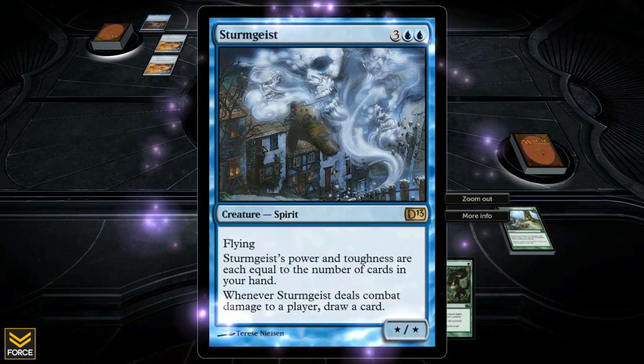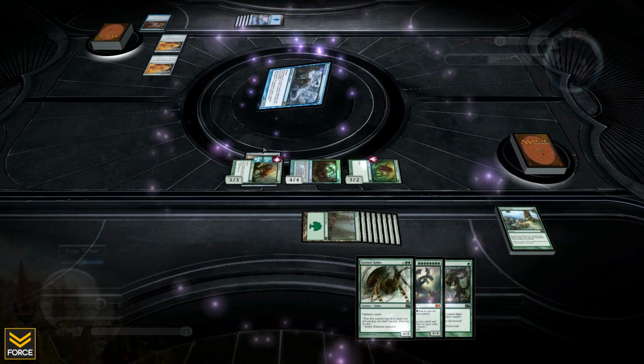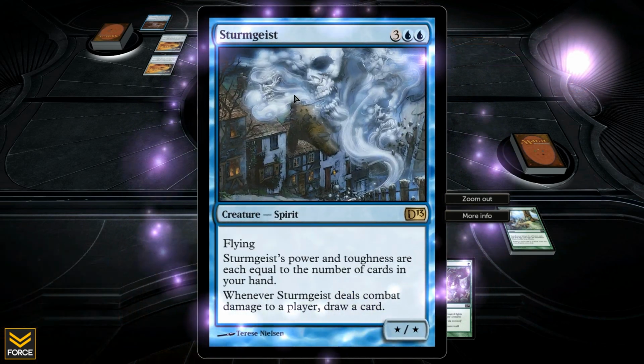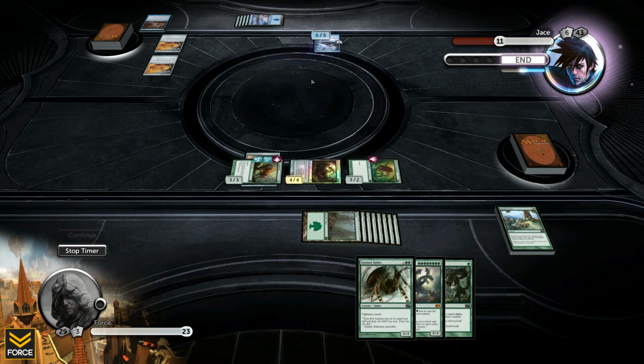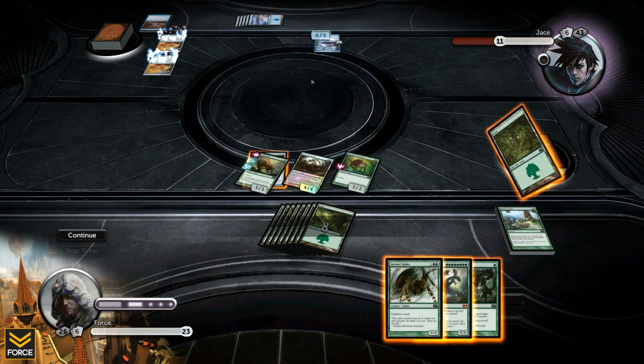Okay, what is this? Star. Power and toughness equals the number of cards in his hand. He has got 6, so it's a 6/6 flying. When it deals combat damage to a player, draw a card. All right, so he's got 6/6 flying. That is not going to be enough for him to win the game, though,